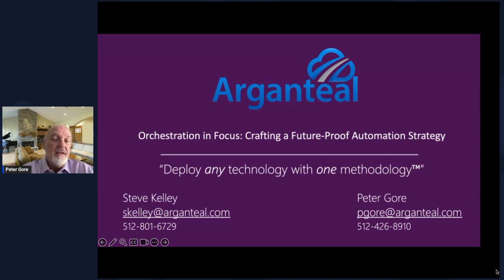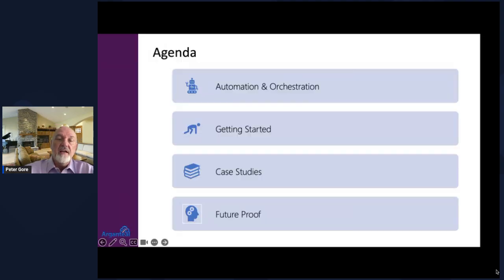So, with that said, what I'd like to do right now is talk about how to drive your automation strategy, some of the business benefits of orchestration inside your environment. We're not really going to focus on automation. Those are in past presentations that we've presented on. And so we're going to focus on orchestration. We will have some use cases at the end. We'll go through getting started. So how do you get started on this wonderful journey?